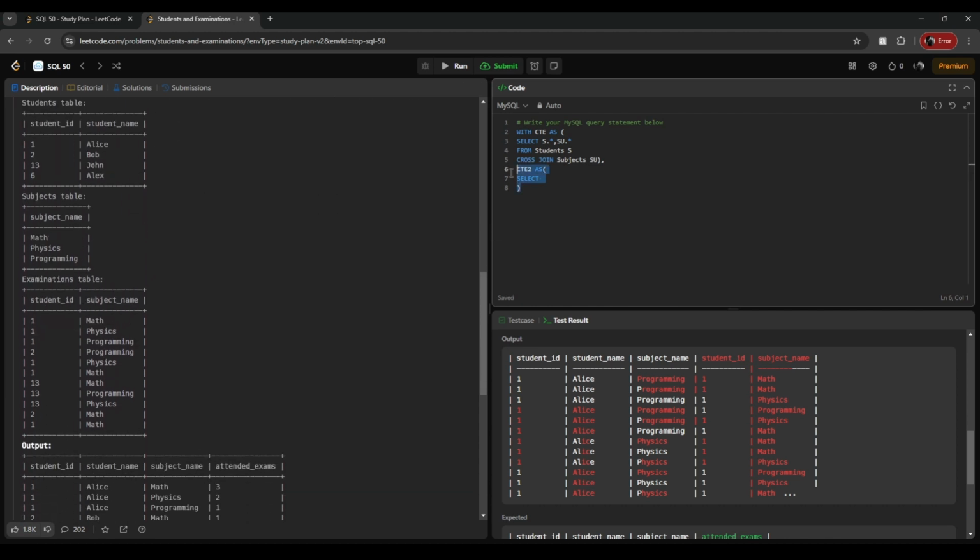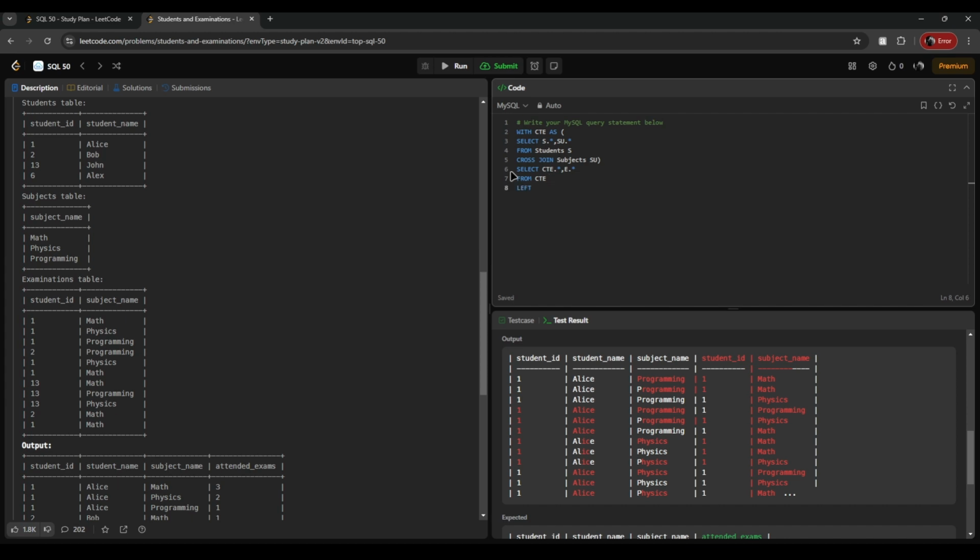I think we don't need CTE2. We can proceed forward with select CTE dot star comma E dot star from CTE